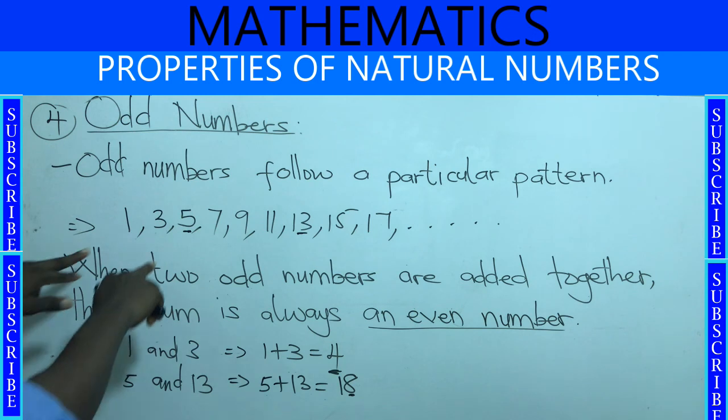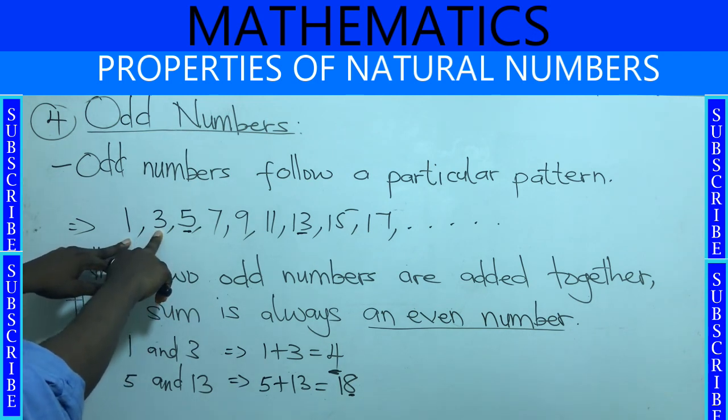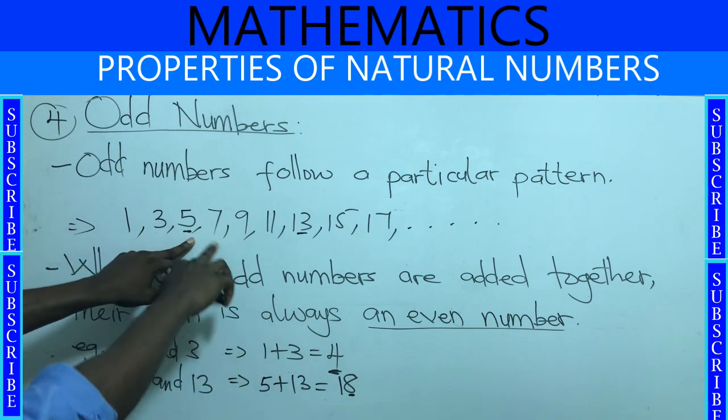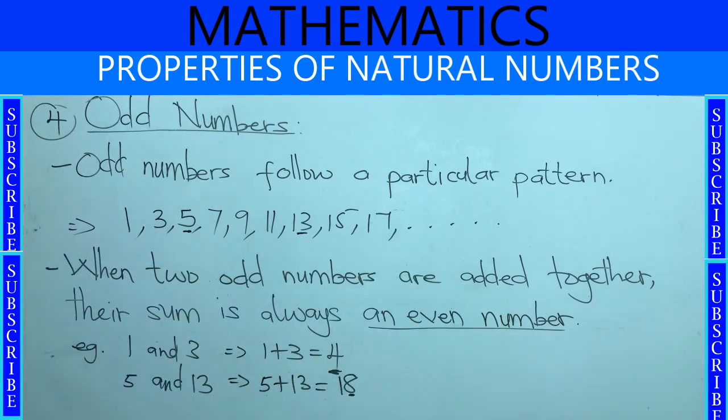The difference between them is constant. The difference between 1 and 3 is 2. The difference between 3 and 5 is 2. The difference between 5 and 7 is 2. And it continues just like that. So I believe with this particular clue, we will be able to list other odd numbers as well. And then the second clue is when you add two odd numbers, their sum will give you an even number. And the examples on the board show that